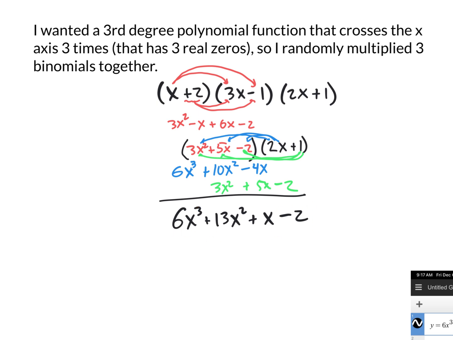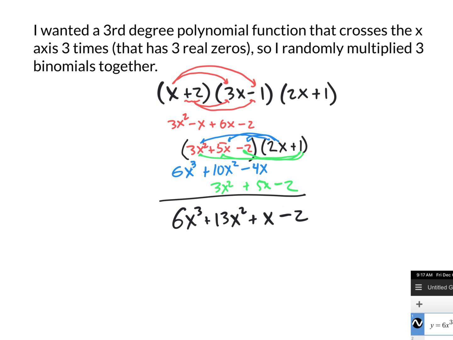Now, if I graph this, it's going to look nice. It's going to cross the x-axis 3 times, and it's going to be at some nice locations. Not like really nice, but one of them is really nice. What would those locations be? If this is the factored form of that,